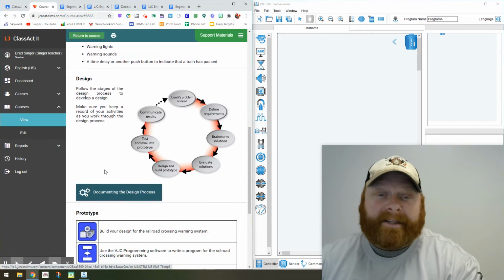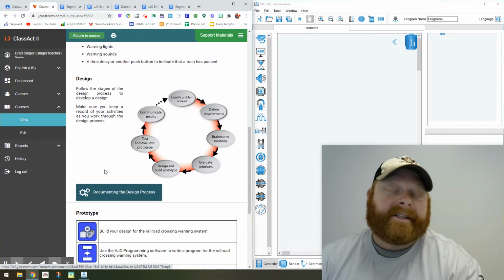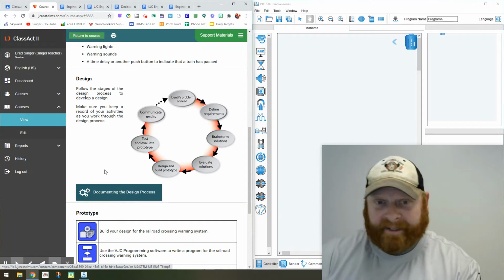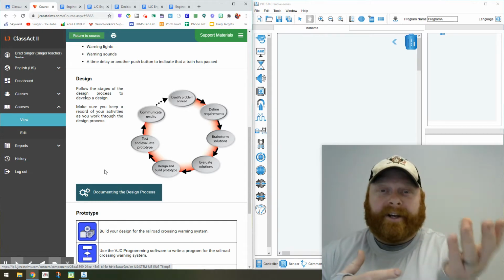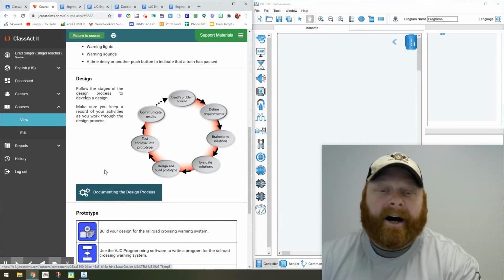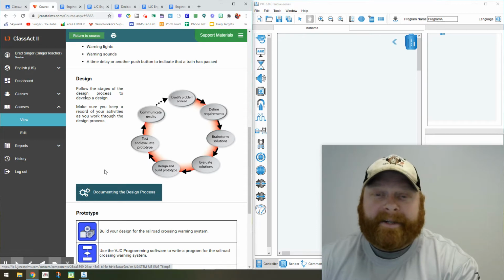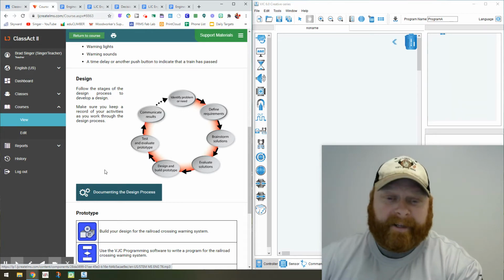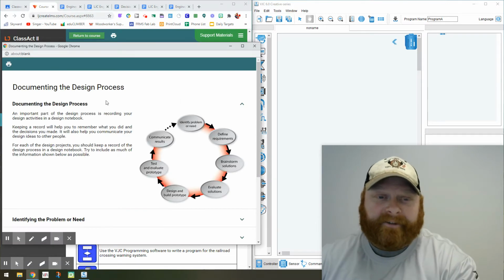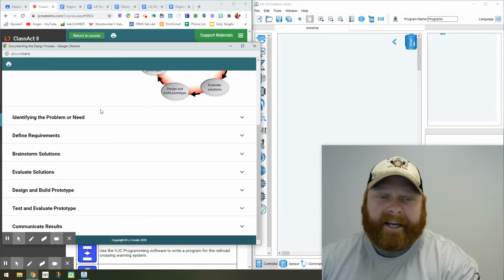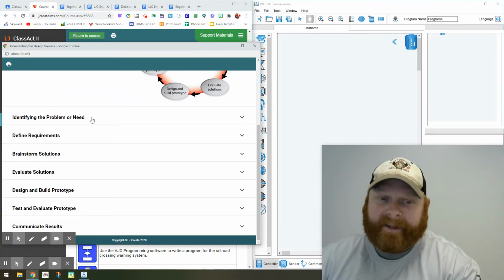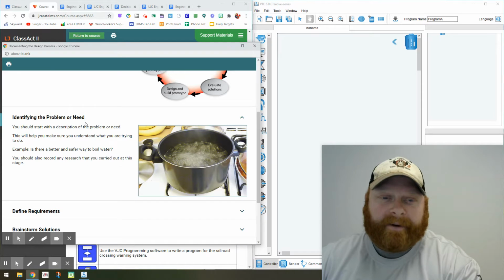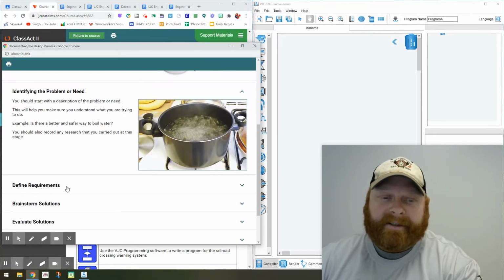So through this process, we've been studying the design process, thinking about flashlights and looking at how a flashlight could be used throughout the design. This final step is going to be documenting all the information. Now there is this nice little link here that shows what it is that you're supposed to document through all these different things. So really you first start out with trying to figure out what the problem is, then